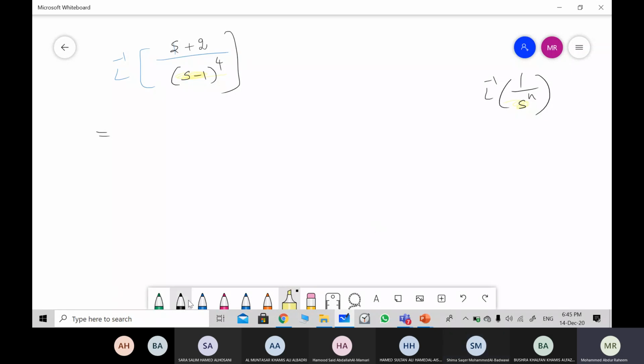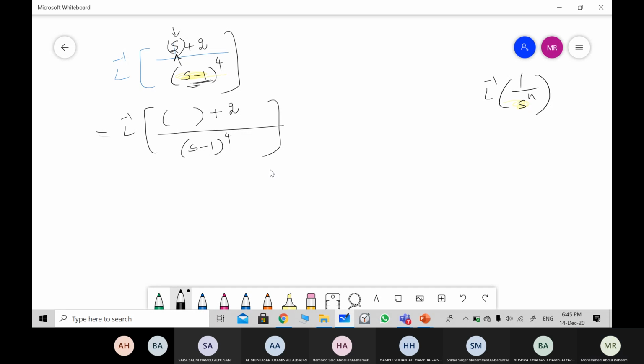Minus 1. So we want to cancel, but we cannot cancel directly because this S is different again. This is normal, but this is not normal. We need to make it uniform. I mean, the same should be there. Nafs shay. If here S minus 1, here also lazim S minus 1. How can I bring it? I want minus 1 here. How?